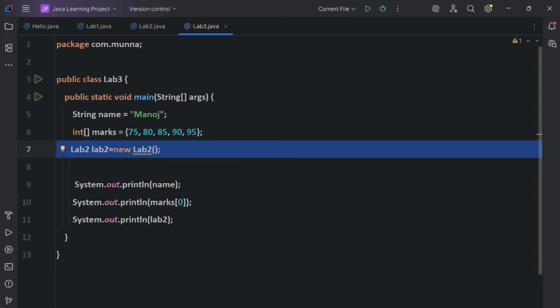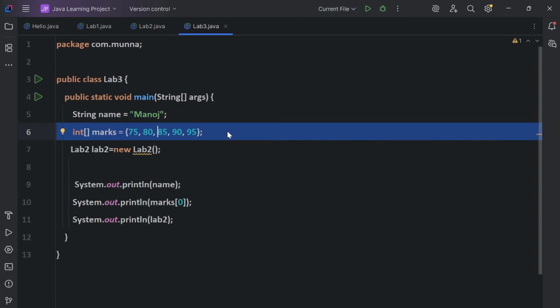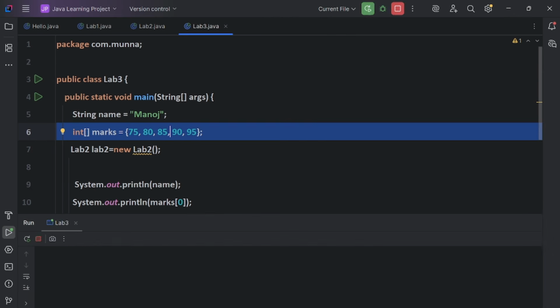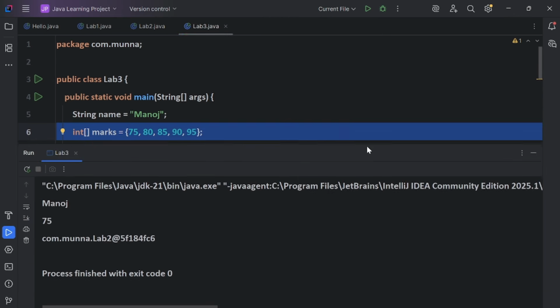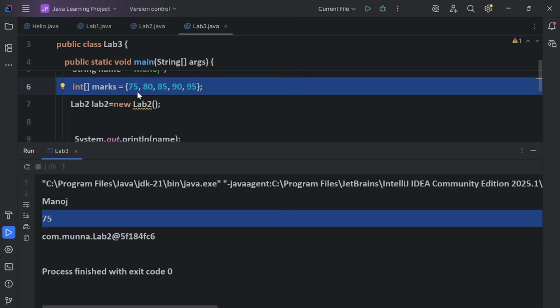So if I run, see, this is string reference type data, and this is array type data, guys. This is also reference type, array, non-primitive data. So if we print all these reference data, see, it is printing string data, and this is printing from the array.